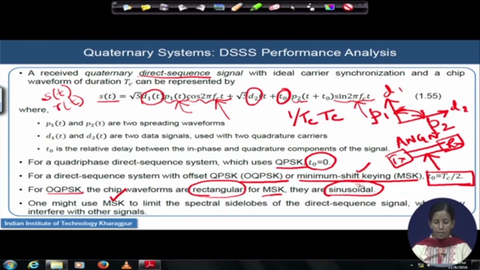That is why in combination with the MSK, because MSK is giving confined power within the main lobe, and sinusoidal is allowing you to have an extra gain over the interfering signal of about 1 dB. So, the combination of MSK and sinusoidal is the best preferred pair for utilizing in direct sequence spread spectrum communication. So, in the quaternary system we will proceed with the MSK sinusoidal signal, and considering this understanding